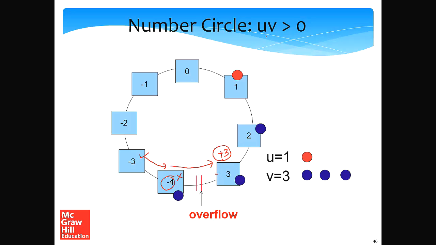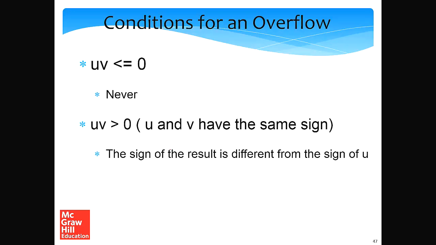So what we see is that irrespective of whatever you do, if I'm adding two numbers with the same sign and the result is of a different sign, of the opposite sign, I can always infer an overflow, which is exactly what the overflow theorem is trying to tell you. That if one of the numbers is 0, we'll never have an overflow. If one is positive, the other is negative, we'll never have an overflow. Only when both the numbers u and v have the same sign would we actually have an overflow, and the condition is that the sign of the result should be different from the sign of both the numbers.